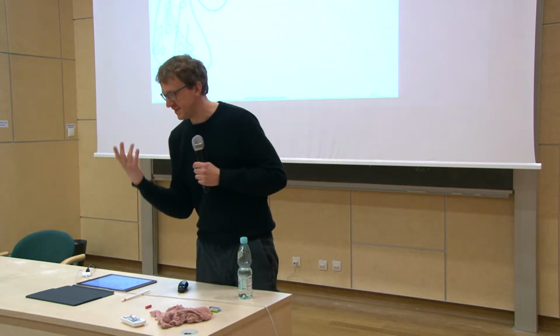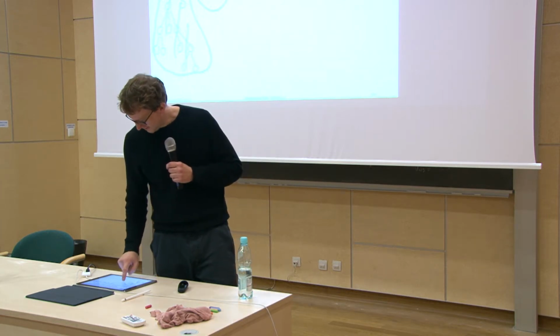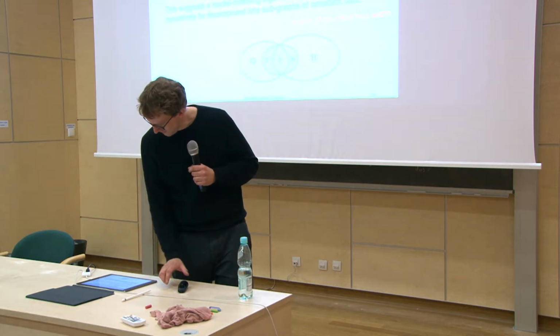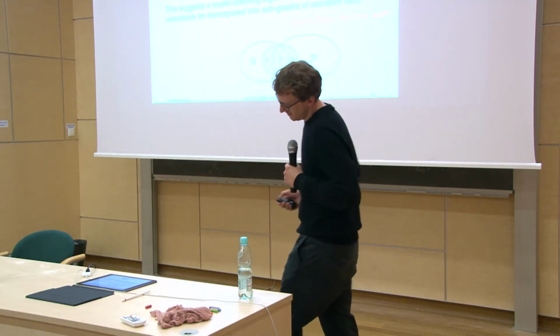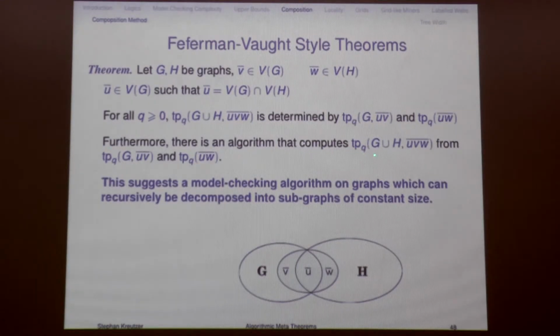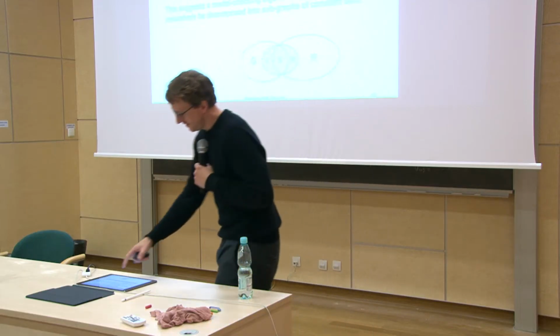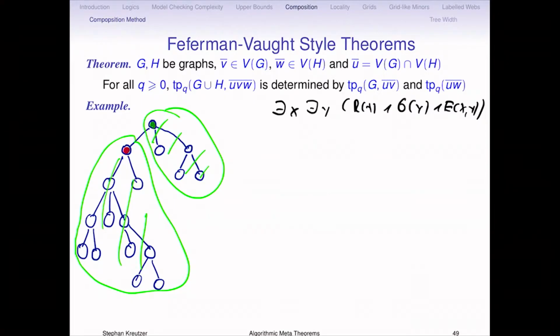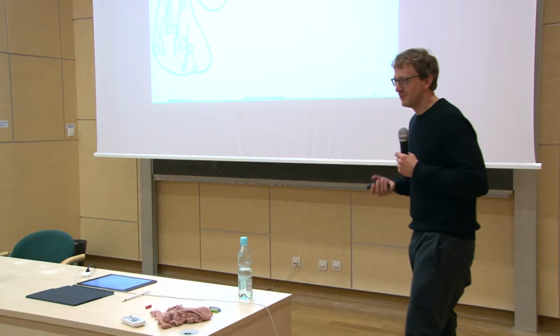But if you go back to the theorem, here's a nicer version of it. It does say you can compute the type of G union H from these subtypes. But if you take, in this example, G union H, it would be the disconnected graph where this edge is missing. Then something's wrong with the theorem. I mean, you can't have it both ways. The theorem should work, unless you tell me something about U, V, W.